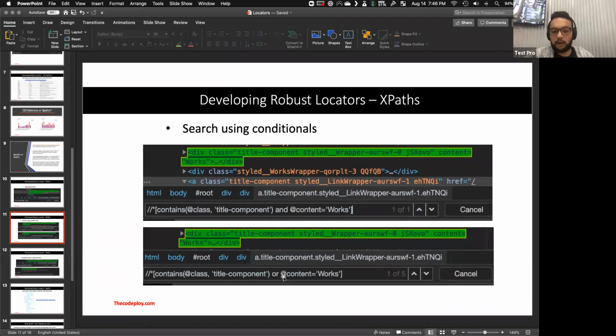Now we're using the or, right? So this is the exact same one as here. Now we're just using or. And as opposed to 1 of 1, now we have a 1 of 5, all right? Because there are